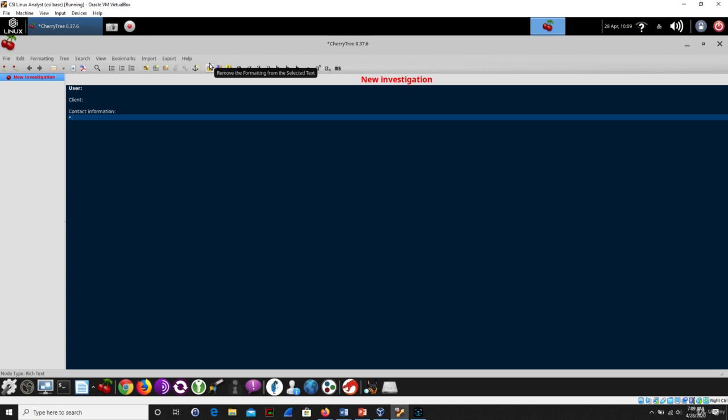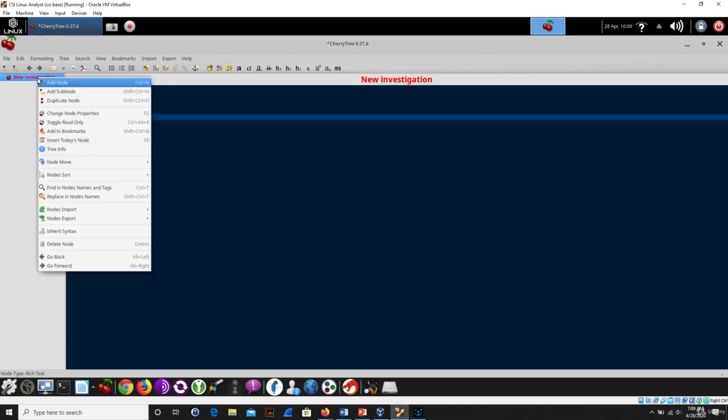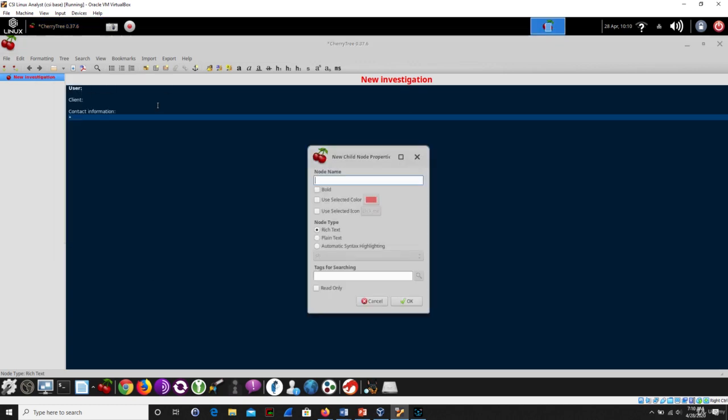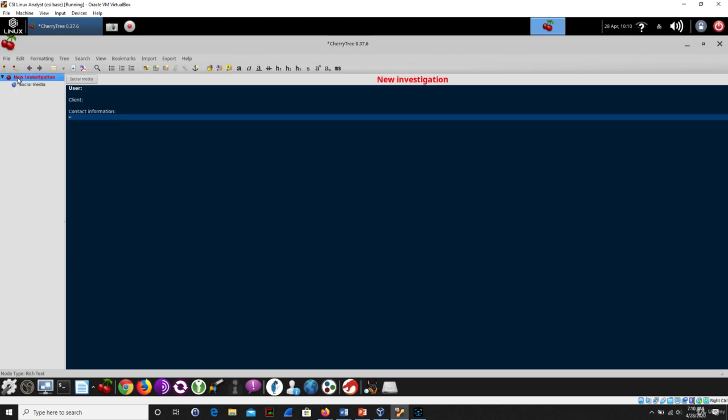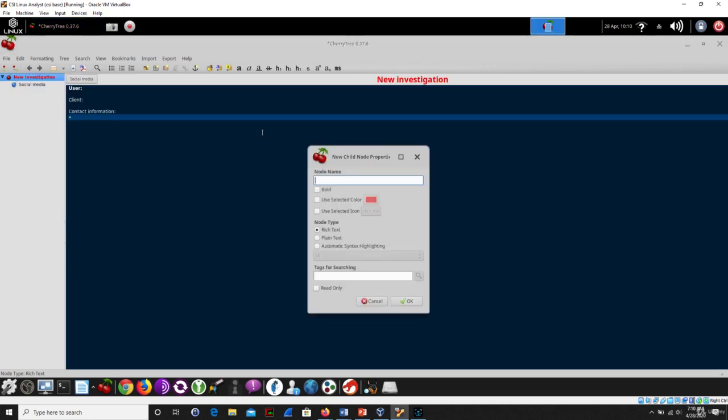So, pretty easy to use, pretty simple to get your head wrapped around it. So let's take a look at some more features in here. So there's my main node here. If I right click this, I could add a sub node to this. So the sub node, I'm going to put down social media, and I'm going to click OK here. And then I'm going to go to the main part of this new investigation. I'm going to add a sub node here, and I'm going to do website,